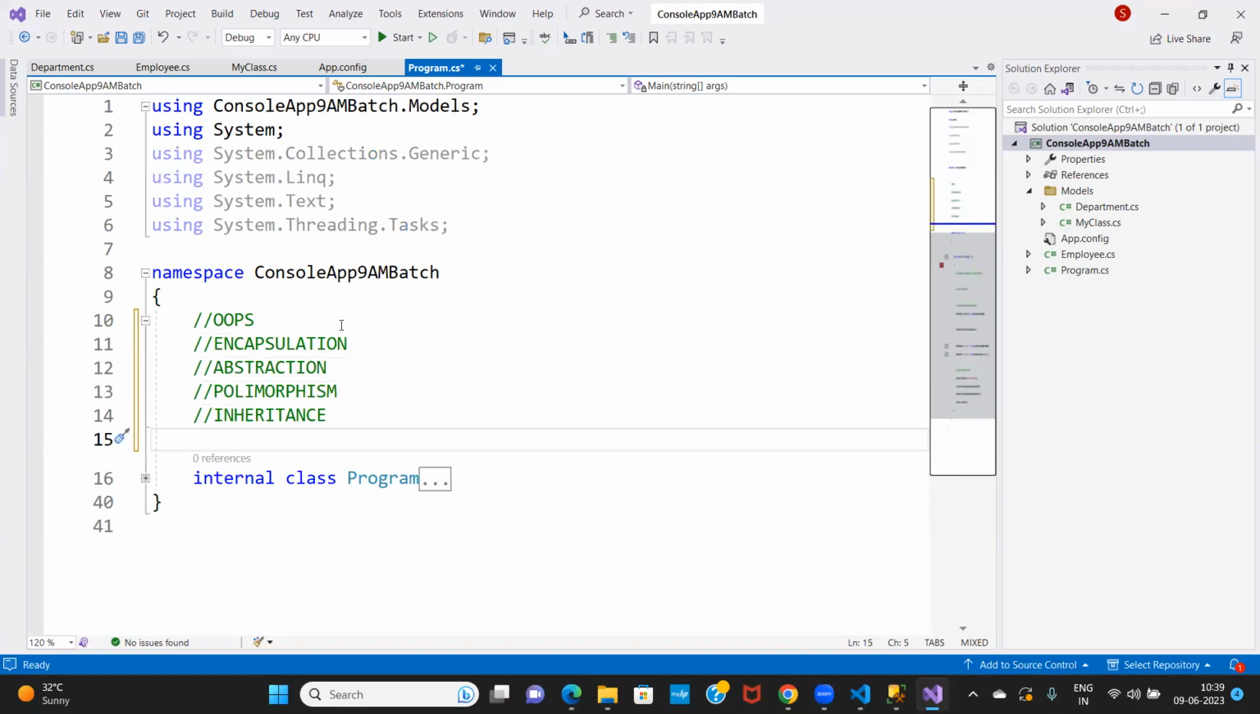So encapsulation, abstraction, polymorphism, inheritance. These are four fundamental principles in the OOPS concept. What is encapsulation? Encapsulation is nothing but